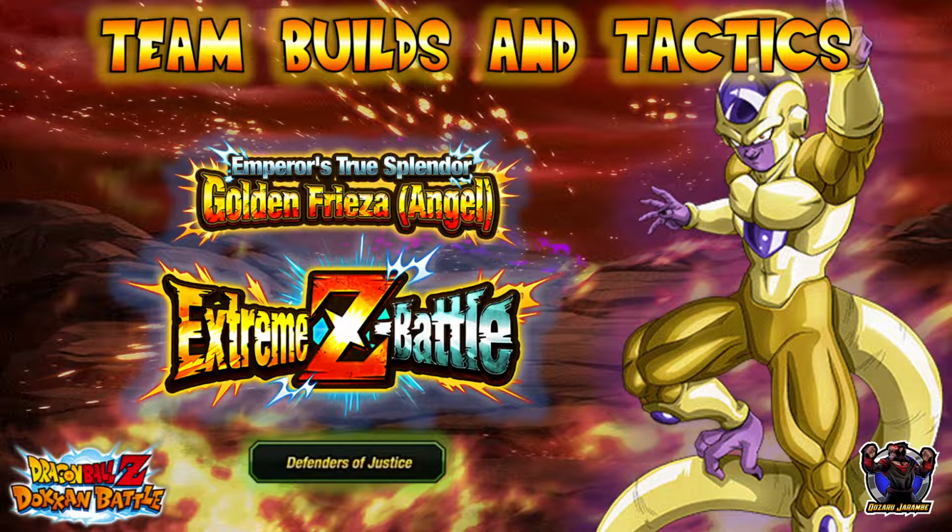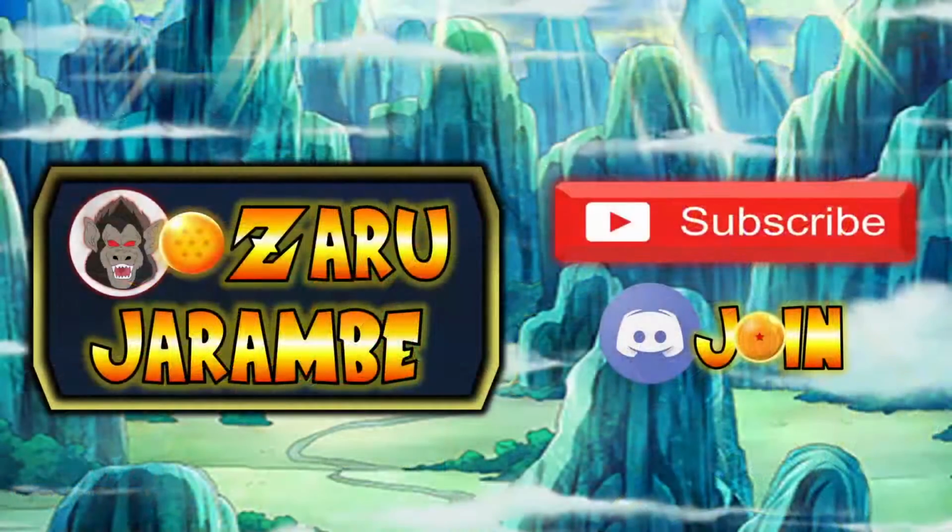On the global side we have the new Extreme Z Battle and Extreme Z Awakening for the INT Angel Golden Frieza, and in this video we'll be talking team builds and tactics for taking on all 30 stages of the event. We'll get to all that information here in a minute, but first make sure you check out that link